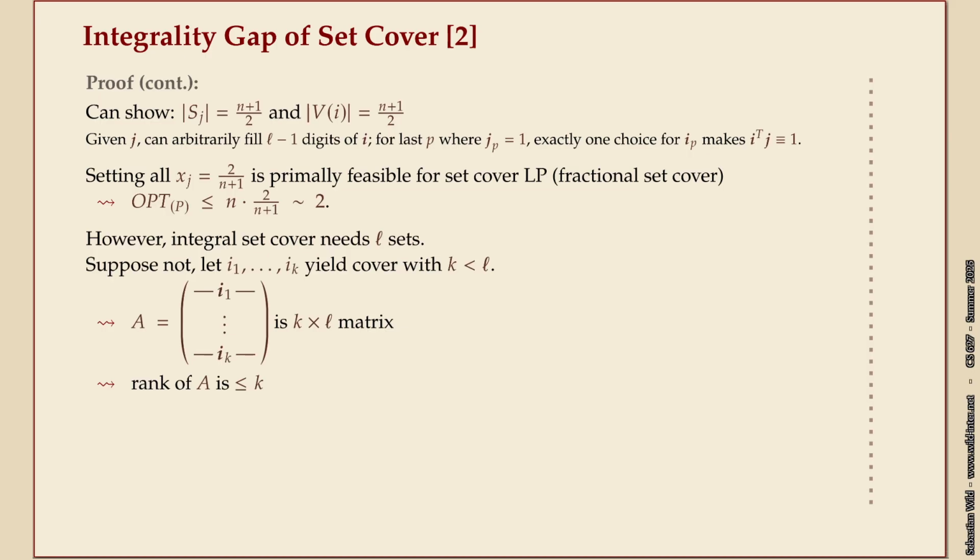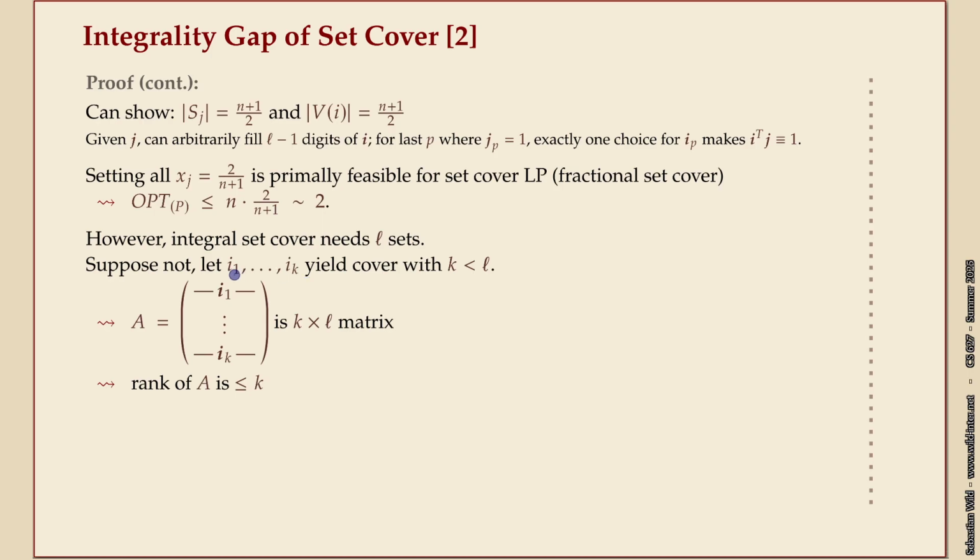At the same time, how many sets do we need in any actual integral set cover? That's a bit tricky to properly prove. It's kind of clear that the sets are really big. So in principle, there could be 2 that just perfectly overlap. The first covers the first half, the second covers the second half, then we'd be done. But the way they're chosen with these bit patterns, maybe you get the feeling that this is unlikely, but there's a nice formal proof. Suppose that there was a set cover that contains only k strictly less than L sets